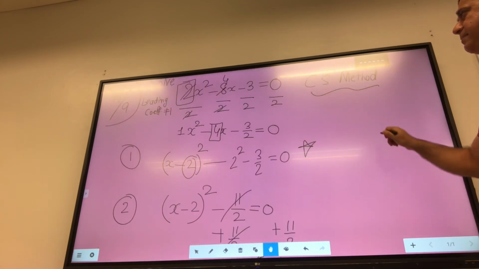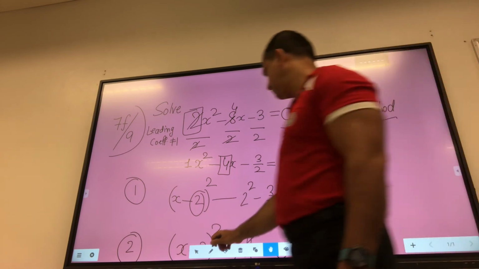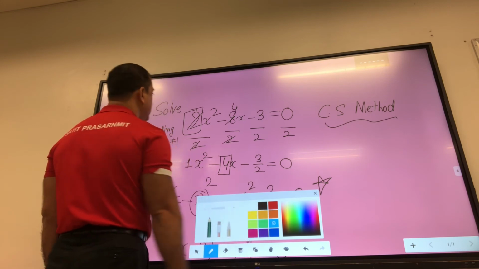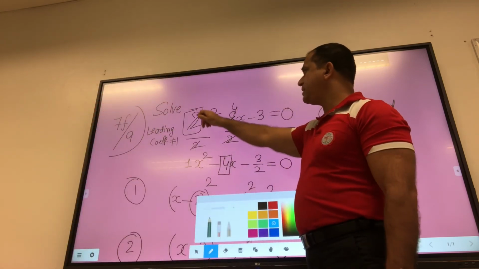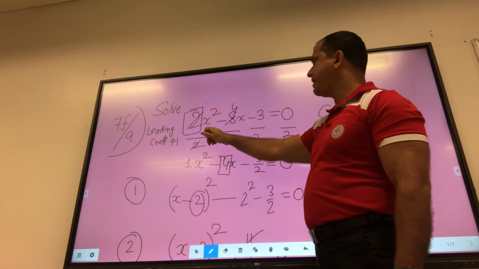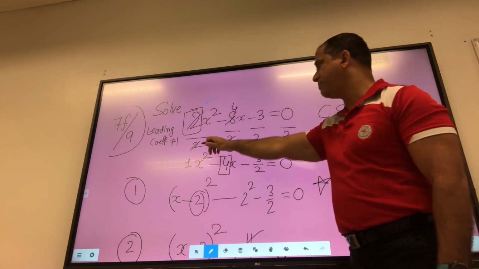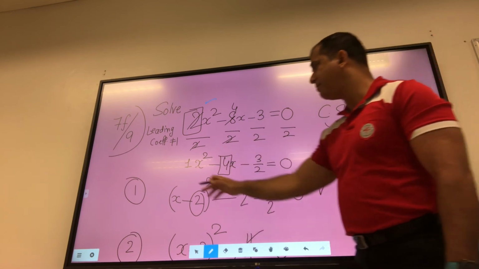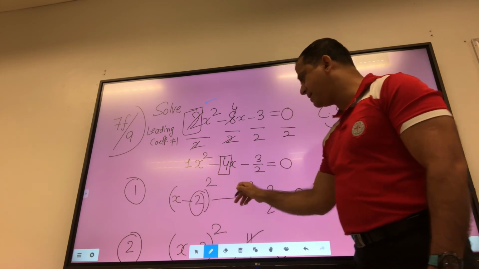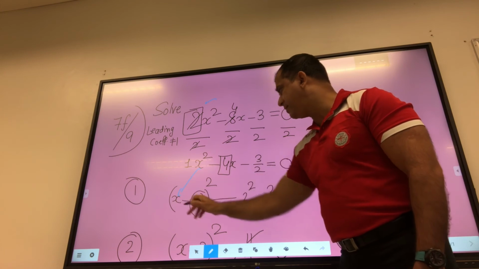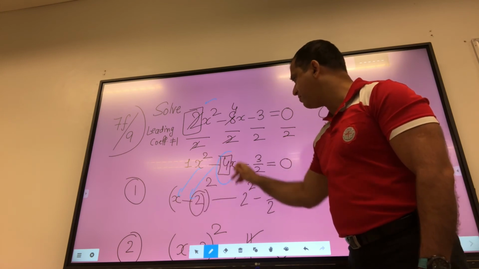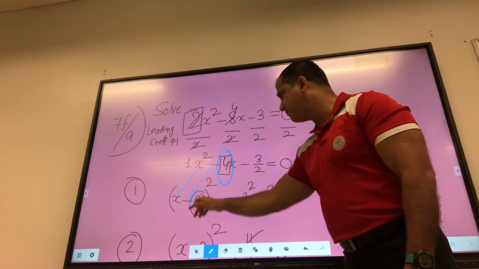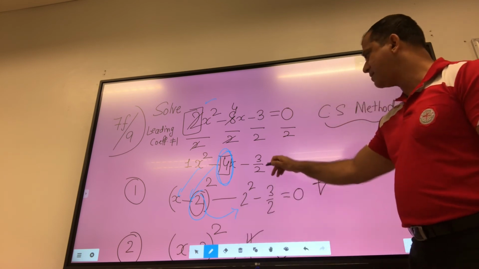Okay, quickly I repeat again. In this case, the leading coefficient was not 1, it was 2. I divided the whole equation, each term, by 2. I get x squared minus 4x minus 3 by 2 equal to 0. In step number 1, I write a bracket, whole square, minus, and the variable x would be here, this negative sign here, then half the number of this coefficient, which is 4. Half of 4 is 2, write whole square, minus the square of this number, then the last number minus 3 by 2.